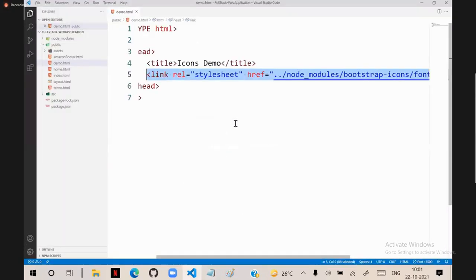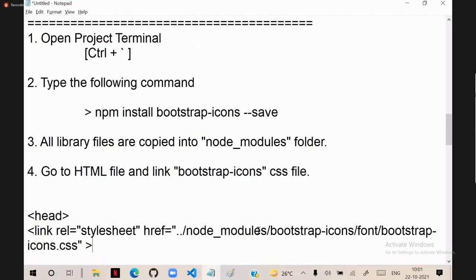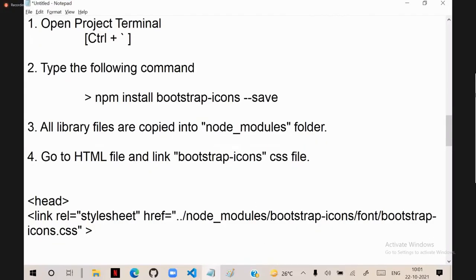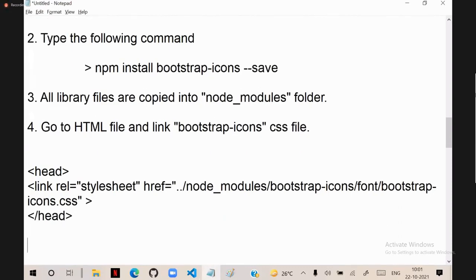I will copy that line. In the head section, you have to define it in this way. This is how you need to write. After installing Bootstrap icons, they will be copied to node modules. Then go to the HTML file and link that Bootstrap icons CSS. For that, you have to use link rel as stylesheet